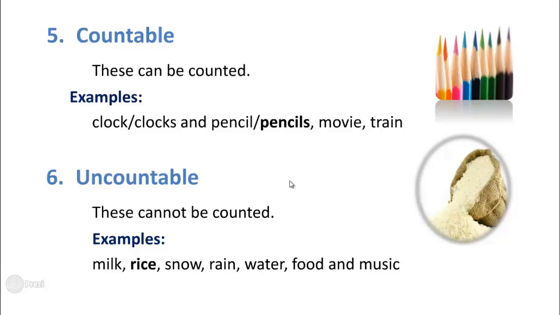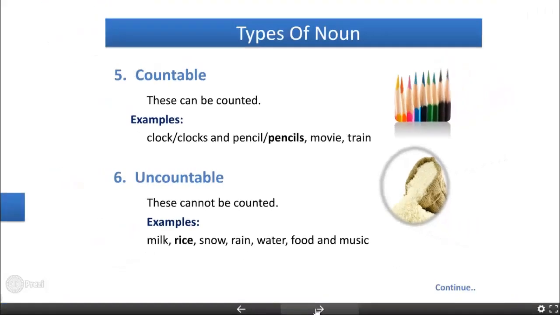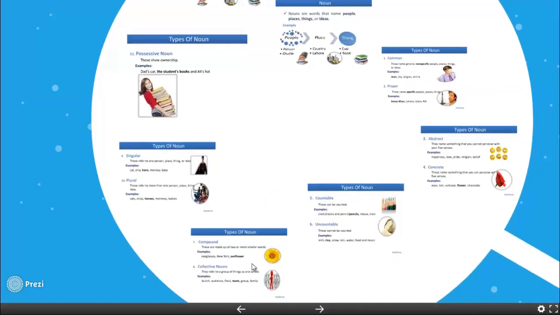because it is very strange for us in English to talk about milks or rices or snows or rains or waters or foods or music. They are used, but they are used this way, but in a very different context, in different circumstances. So this is the way. Now we can talk about